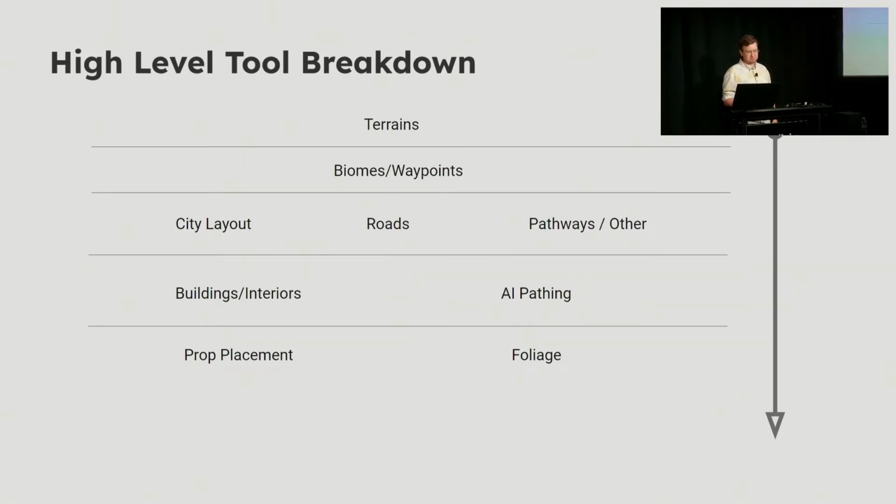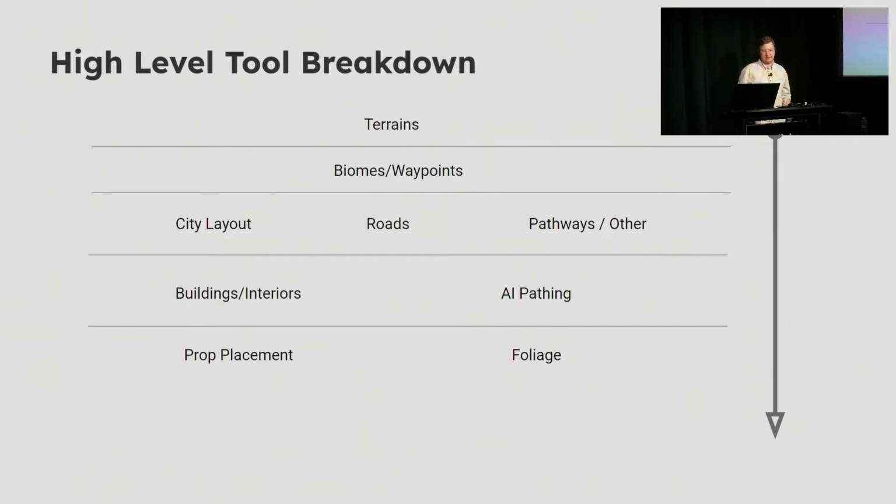these buildings together? For me, the next step is buildings, interiors, and AI pathing. These kind of go hand in hand because for buildings and interiors, I almost never generate interiors because, again, I want to sit down with my art director. I have an hour with him. I don't have time to figure out the interiors. Does this all make sense with you? We're just looking at, from a distance, does this make sense? So we'll generate buildings, we'll generate the layouts. Do the doors make sense? So that he can walk through the city and it will make sense,